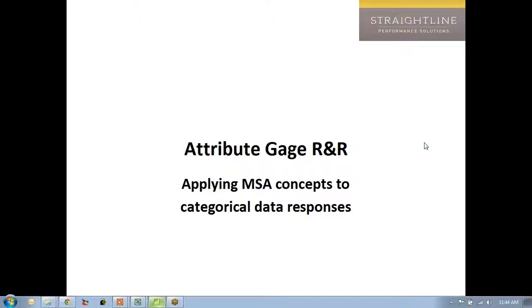Hi, this is a quick supplement on attribute gauge R&R. And attribute gauge R&R is simply another way of running a gauge R&R study if you're doing some measurement system analysis and you're doing it on something like a